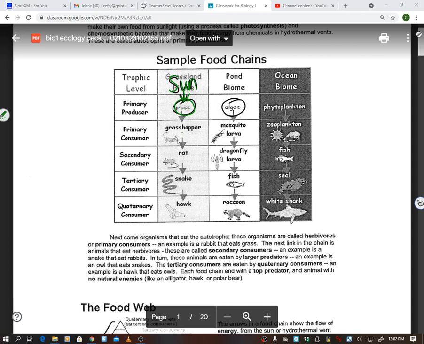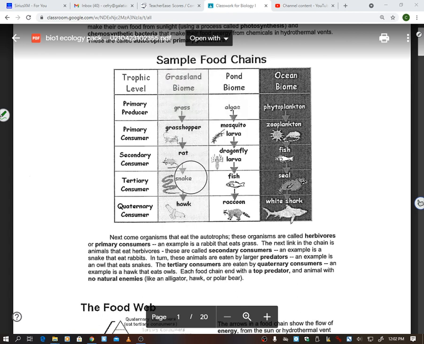Each time that you pass on energy, you lose a little bit of energy, right? The sun holds 100% of the energy. It gives some energy to grass. Grass uses some of that energy to produce food and to do different things. So the grasshopper only gets a little bit of that energy that originally came from the sun. Same with the grasshopper. It's moving around, it's doing things, it's using some energy. So then the rat only gets a little bit of that energy. Eventually you get down to where you're just not getting enough energy for things.